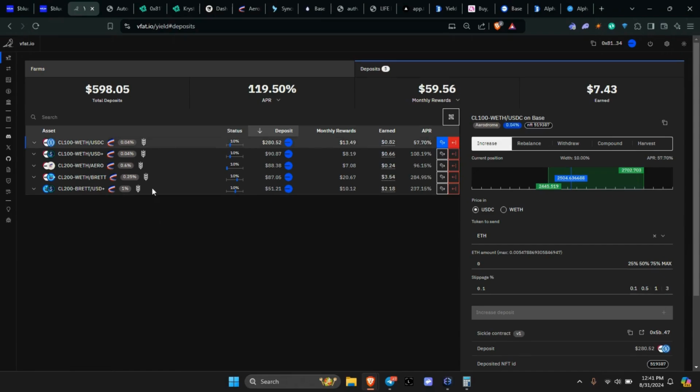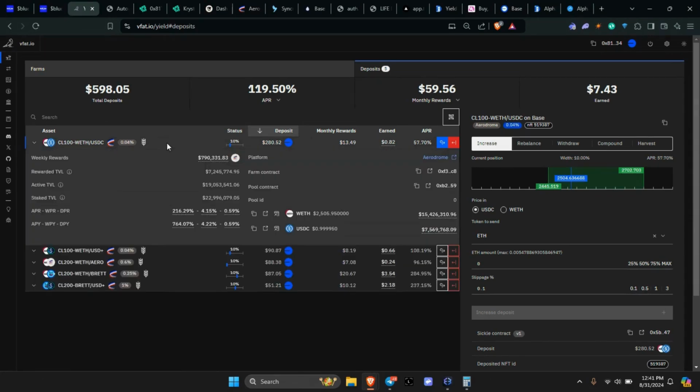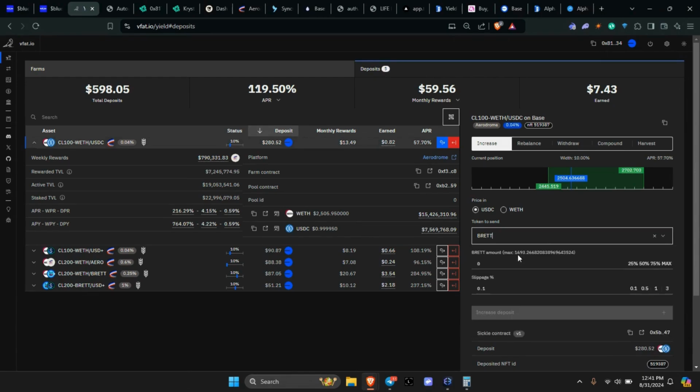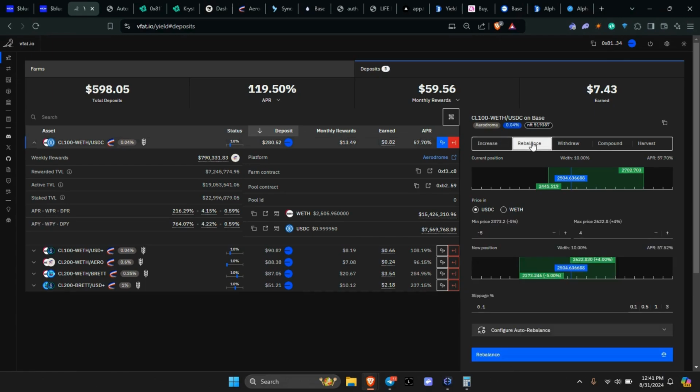So now in here, when you're in a position like it was saying in the documents, we'll just take this one for example. With me not having the $1,000 in there, I can't use the auto rebalance. So if I want to increase my position, I can come in here. Like I say, I can zap in those same Brett tokens and increase my position. Of course, if it goes out of balance, I come in here, I click rebalance. I choose my width or my range, however you want to title it, and just hit rebalance and go ahead and get back into my position.